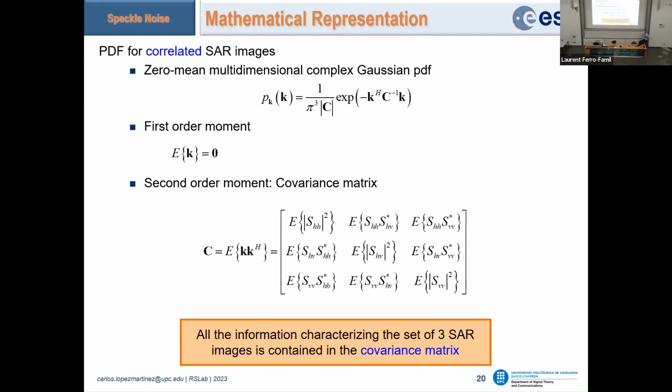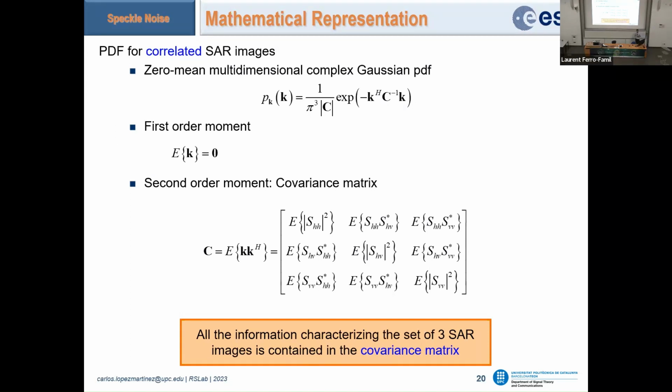So of course, the larger the number of images, the worse to work with these matrices, okay? Because they become large, and you go into the big data thing, I don't know. For instance, we had a project on ESA, and we were working with a temporal series of 1 year of Sentinel images, and we were having covariance matrices of 1000 times 1000 for each pixel. So, I mean,